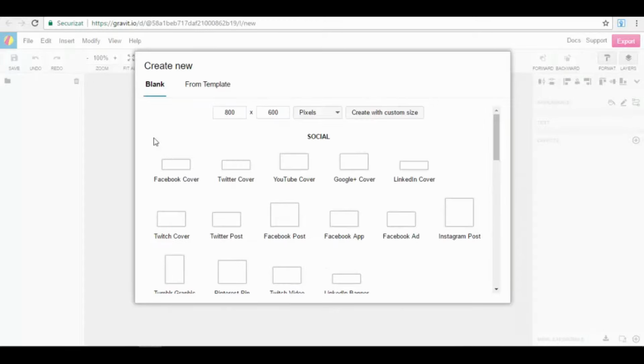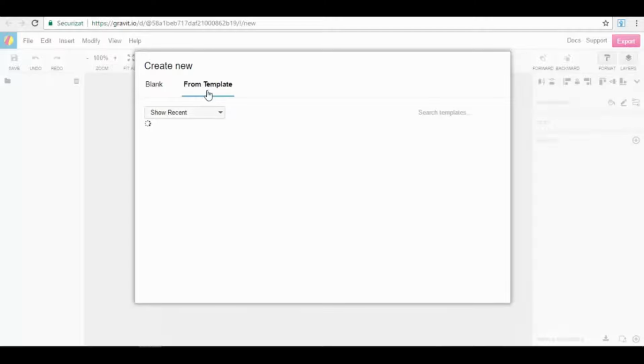that appeared in front of us on the screen right now. Basically here we have two options. We can create a blank design, so from scratch we will build it up, or we can use the templates that are already here. For example, I will filter the templates and show the most liked ones, and bear with me for a couple of seconds,